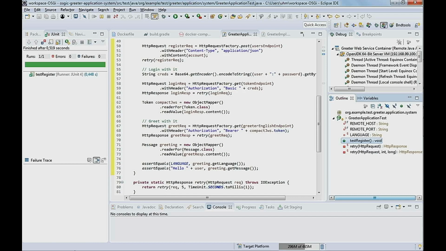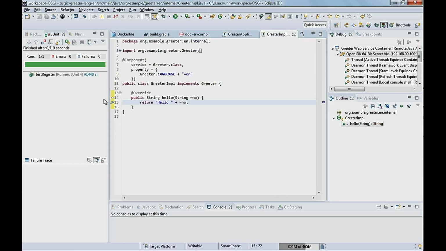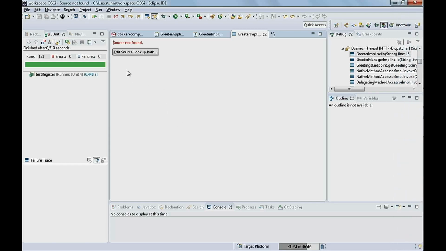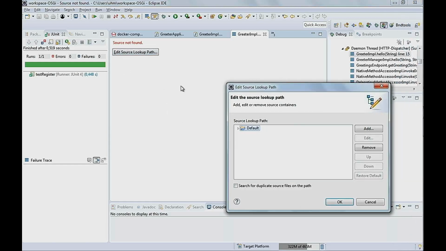So I have to know the proper port, but then I can connect, and then I could do traditional debugging. So I could simply go here and run the service again, and if I've done everything right, I will be okay.